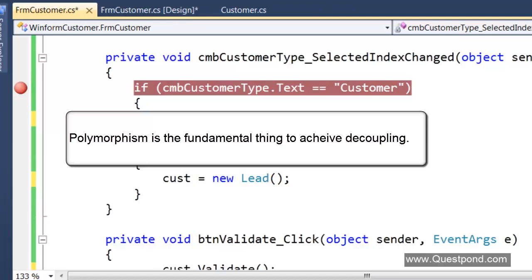If you see polymorphism in our real world, also in our real life, polymorphism means, depending on the situation, you change yourself. For example, at this moment I am teaching you, so I will not be talking about my family or work. So I am a teacher at this moment. But the time I go and meet my kids, I play with them, I don't talk about my office work. So at that time I am a dad, and I just want to ensure that I don't talk any kind of official work. So in real life also, people achieve decoupling.